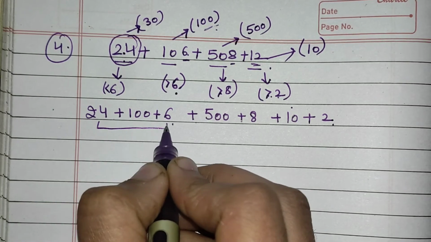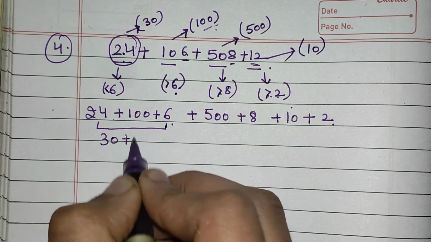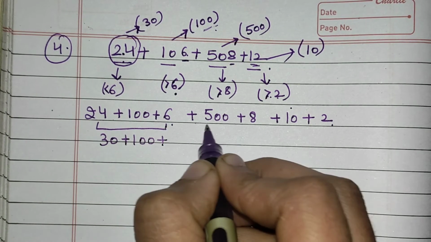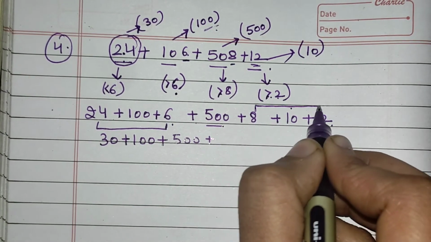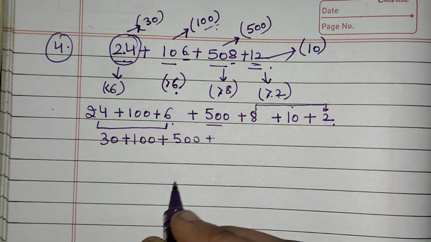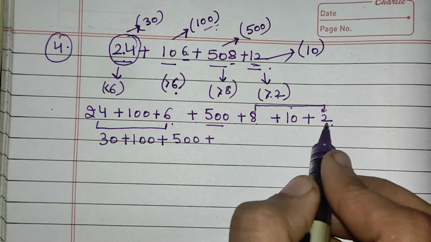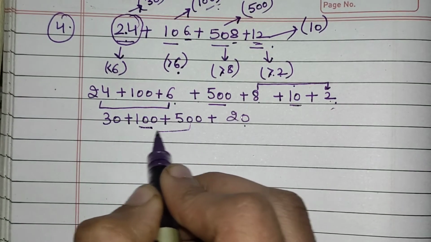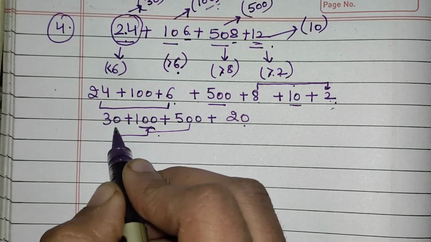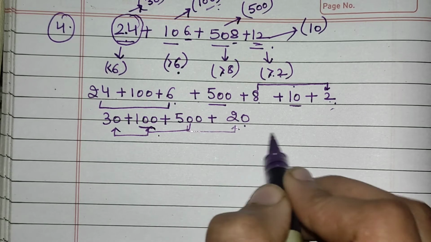Okay, so it will become 30 plus 100 plus 500 plus, you can see directly that 8 plus 2 is making a multiple of 10. So 8 plus 2 will be 10 and 10 plus 10 will be 20. So what will it give you? 500 plus 100 will be 600. 630 plus 20 will give you